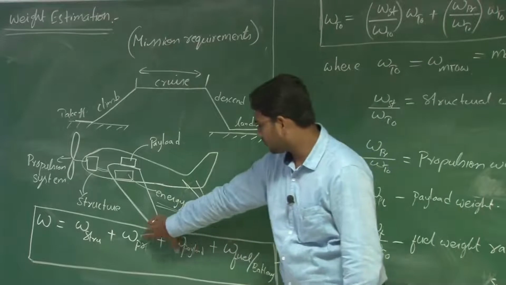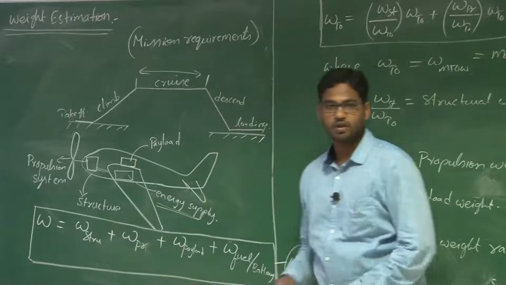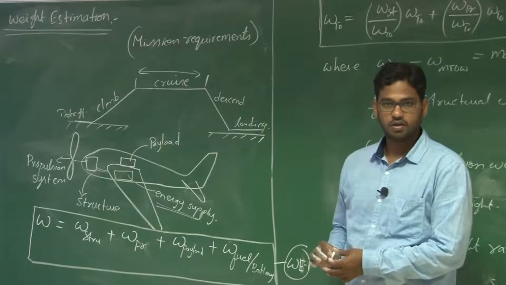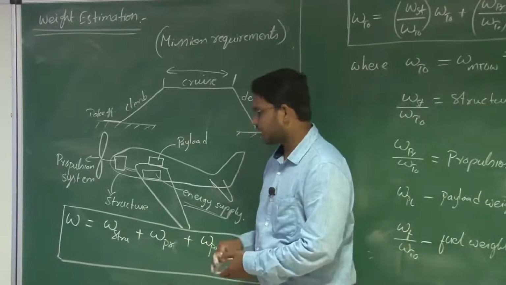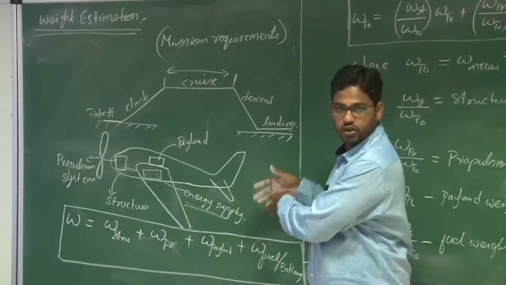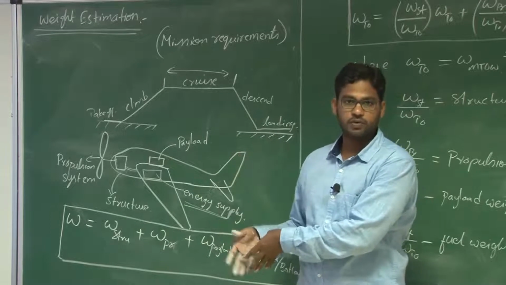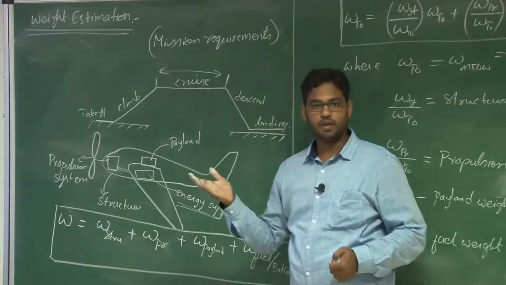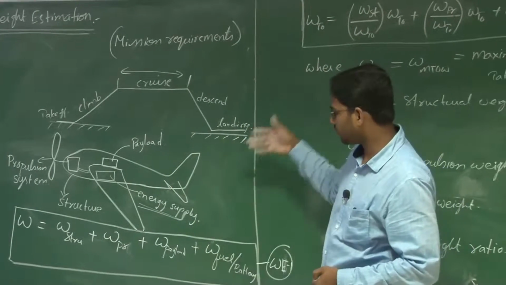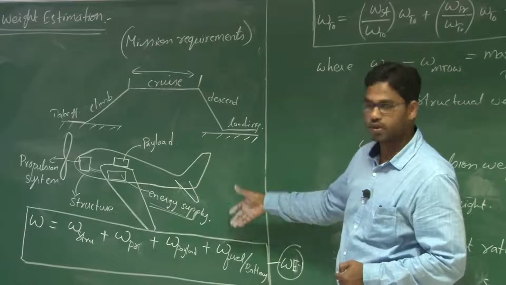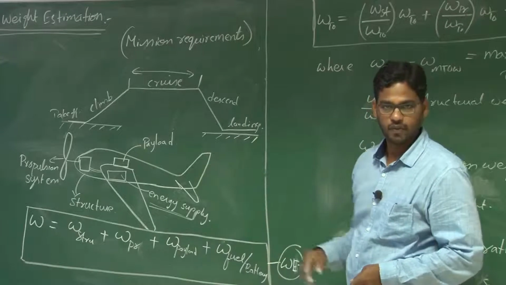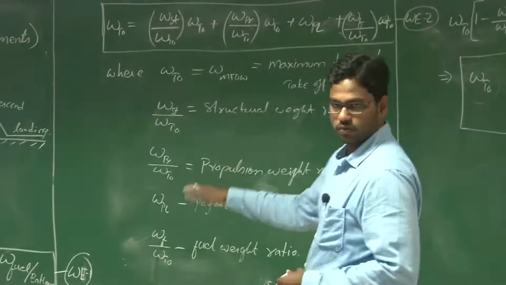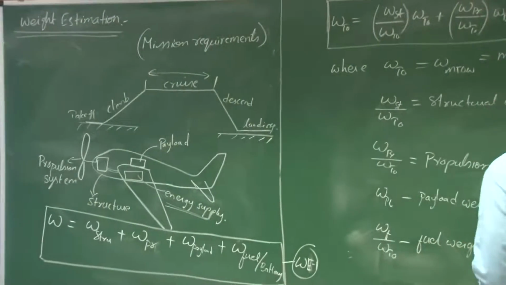Once you have these two, you will be able to find out the structural weight, because you will be designing the structure. So once you have all these values, you are bringing this equation to the particular UAV that you are going to design. You started with the data of previous UAVs, but now you are trying to adapt this equation to your particular design. Let us do this step by step.